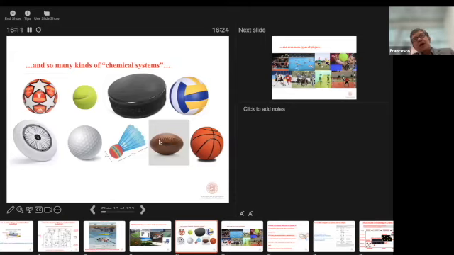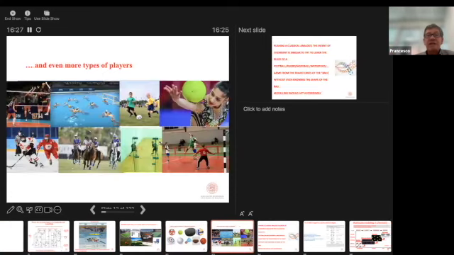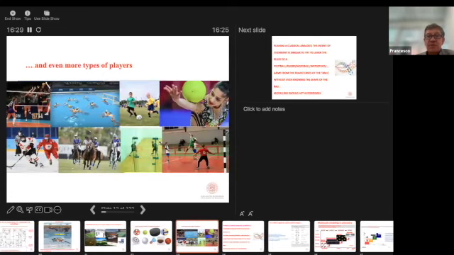And at odds with what usually happens, if we have a soccer pitch, of course, usually we play with a soccer ball, but this is not necessarily the case in chemistry. We can mix them all together. And then there are so many different kinds of players. This is truly what happens. And what do we have in chemistry in reality?